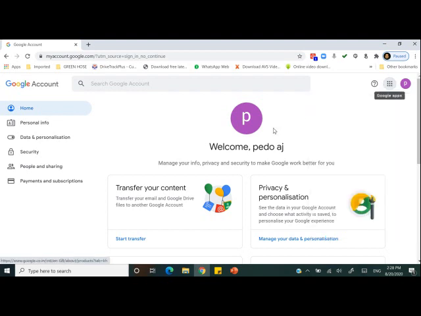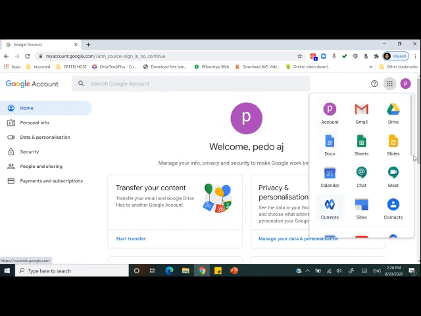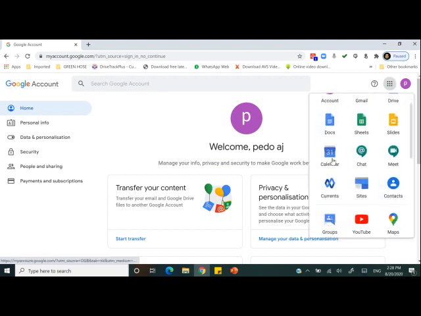Now once you log in, you have an icon here, Google Apps. You click that. Now you have multiple options. One is Google Calendar, then you have Google Meet. The Google Meet is an application in which you are going to conduct the class and the links which you are sending to all the students. This is Google Calendar, where you are going to schedule your class so that you can share it with your students in advance.